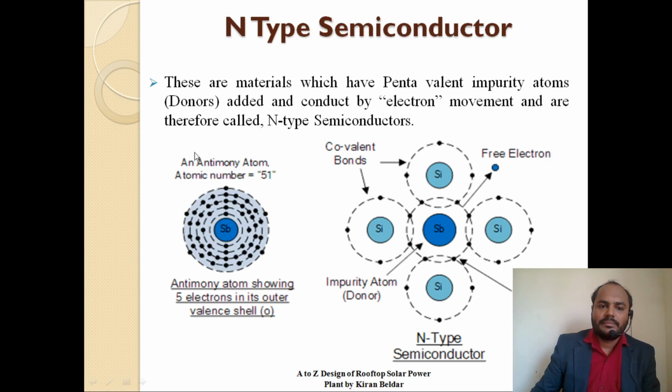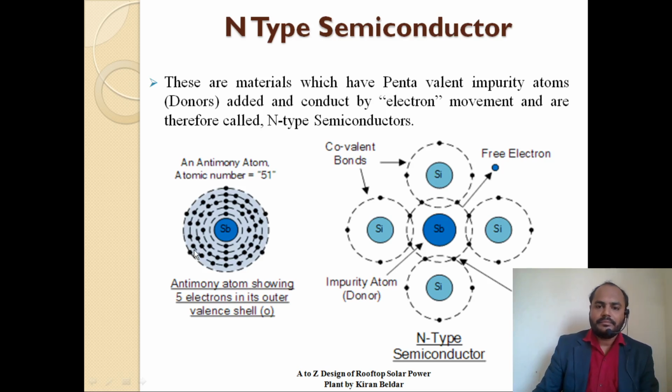Now from this figure it can easily be understood. We have chosen the antimony type of material. The antimony atom shows 5 electrons in its outer valence shell. When we see the atomic number of the antimony atom, the atomic number is 51, and the outer shell of any metal or any material is called a conduction shell or the valence shell. In this valence band, 1, 2, 3, 4 and 5, a total of 5 electrons exist in the valence band